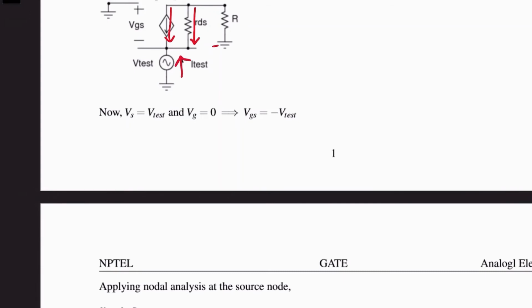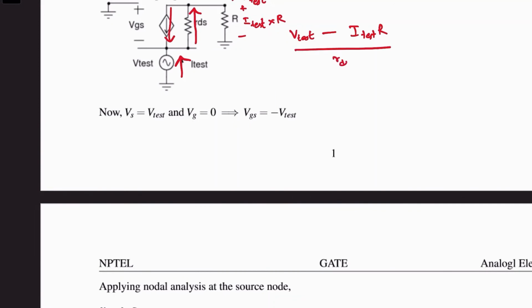So we would have vds, which, of course, we can also write as the current going in that direction. So the current going out will be equal to the sum of the currents going in. So the current going out, that is through the rds, is V test minus, since I test is coming in, I test would have to go out this way, right? V test minus I test into R, because the voltage drop here will be I test into R,